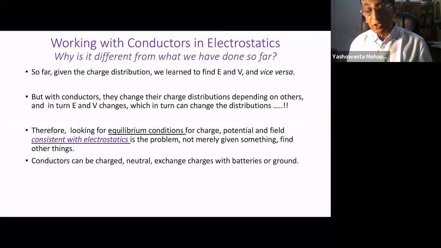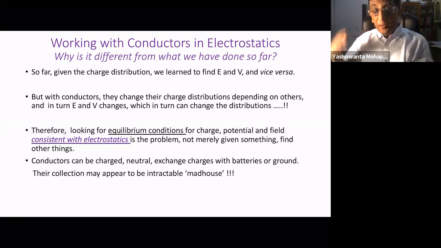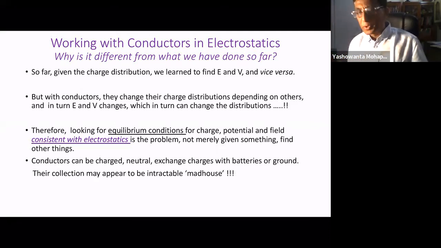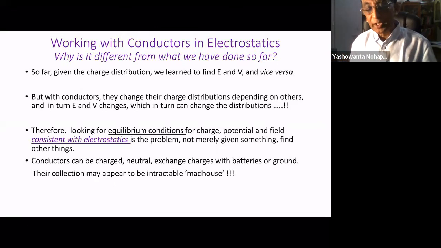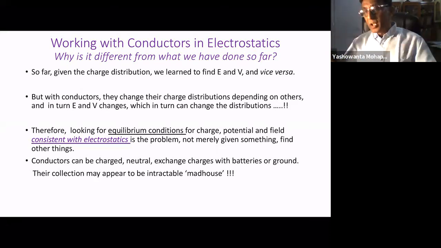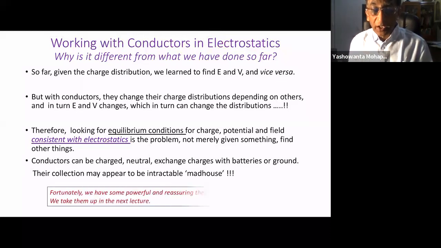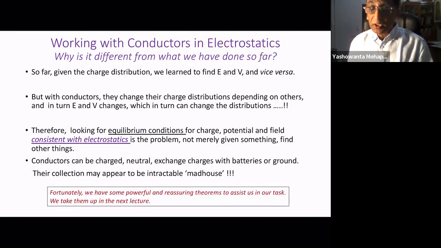Conductors can be charged or neutral. They can exchange charge with batteries or with ground. So a collection of them doing all those things may appear to be a totally intractable problem. I'm calling it an intractable madhouse: a collection of charged conductors in different shapes, lying in different regions of space. Fortunately, we have some very powerful and reassuring theorems to assist us in our task of finding out what